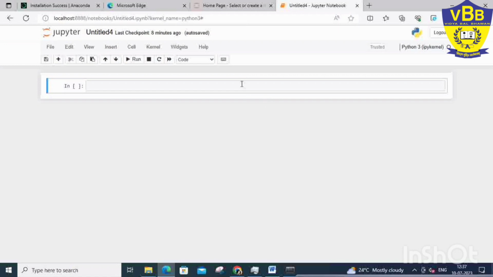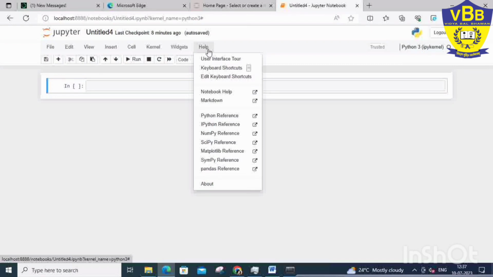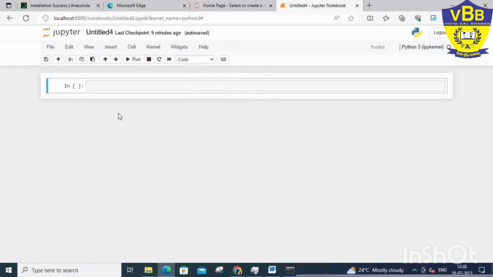Help menu basically provides the reference material for syntax, right, as well as description of various options available by using Jupyter Notebook. So here you can see again keyboard shortcuts, notebook help, markdown, different icons are there. Also familiarize yourself with the tools that are present in the second line of the Jupyter menus, which has save, run, redo, etc.